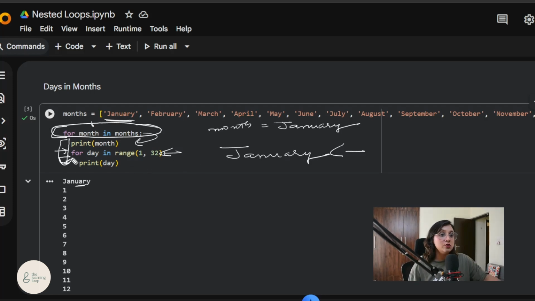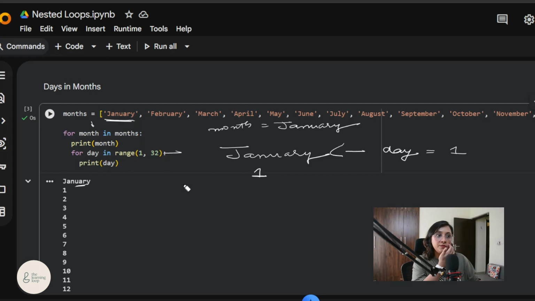Okay, so it went to the for loop and it says day in range 32. So what the day variable will do is first take the value of 1. Okay, and it says print day and it prints 1. Now if we just take this much part, you can see that the day has value 1. It goes to the next line, which is indented, it's a print, so it prints 1, but the loop is not completed, so